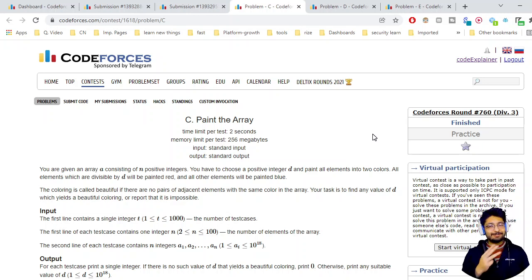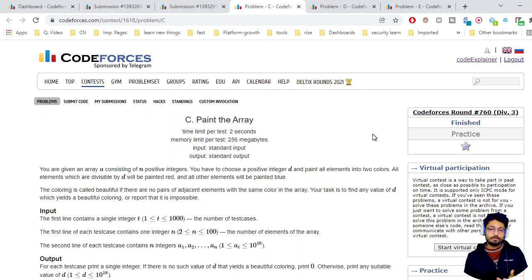Let's talk about the third problem from the latest Codeforces Round 760, Division 3, problem name Paint the Array. Okay, so the problem statement goes like this: you're given an array A consisting of n positive integers. You have to choose a positive integer D and paint all the elements into two colors. All the elements that are divisible by D will be painted red and all the other elements will be